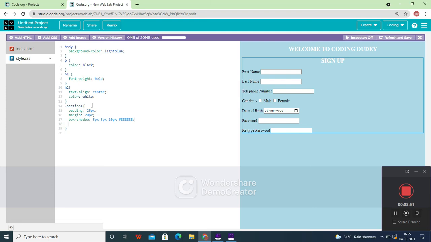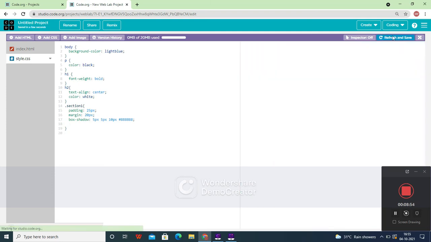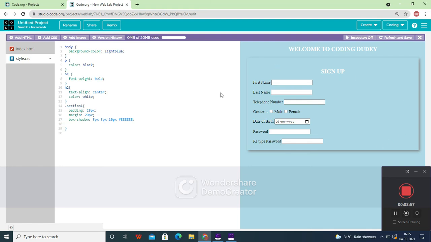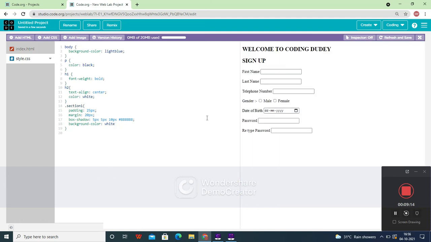Okay, so now let's see how this looks like. Okay, you have got it. So now let's give a background color which is like white smoke. I think pure white itself looks good.